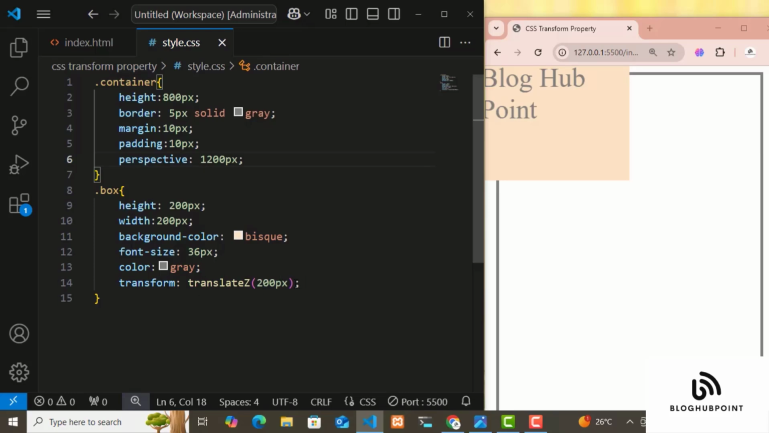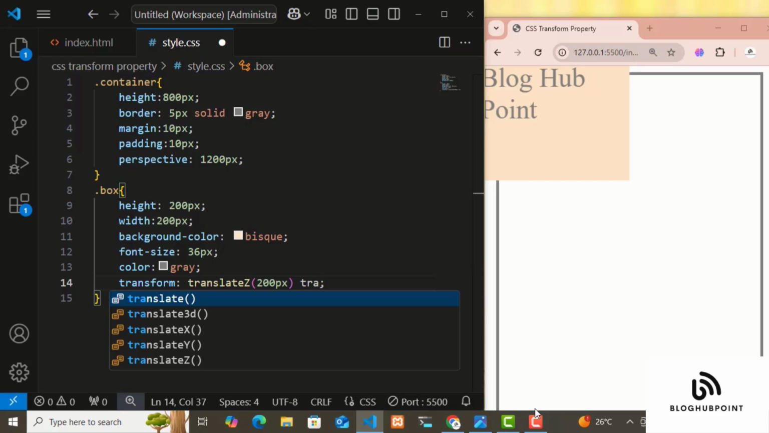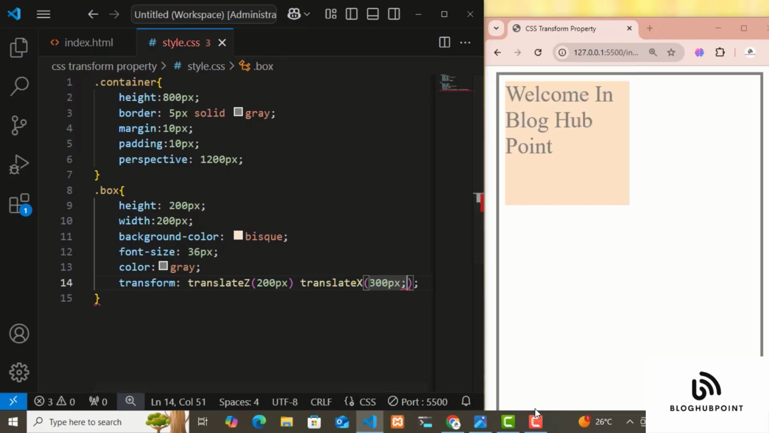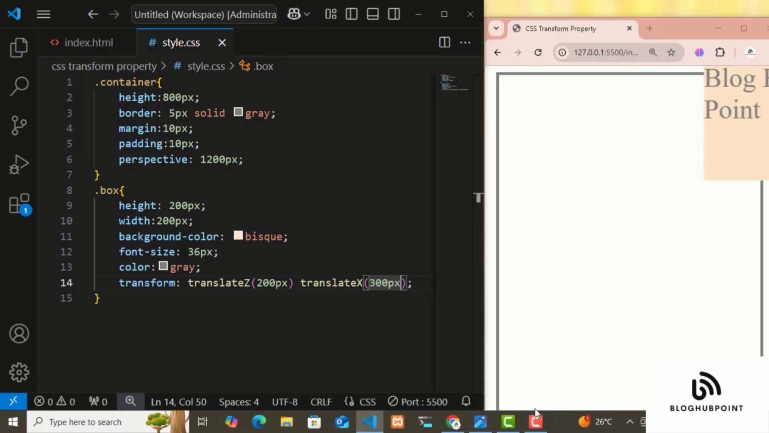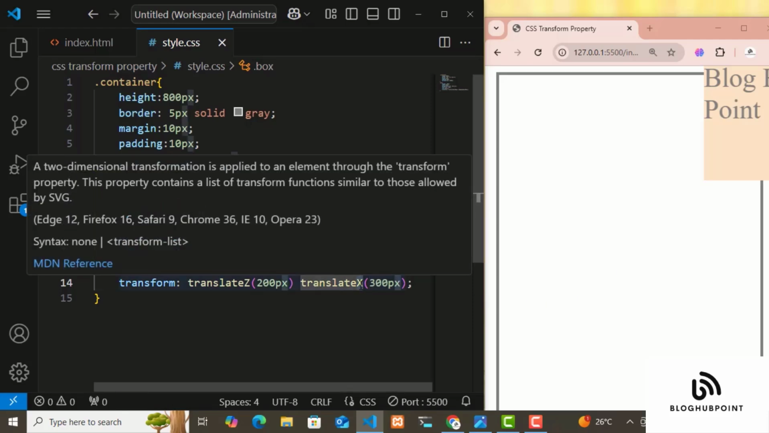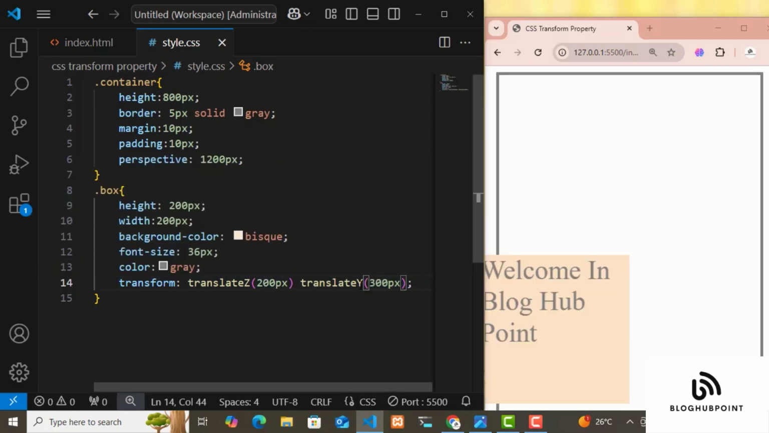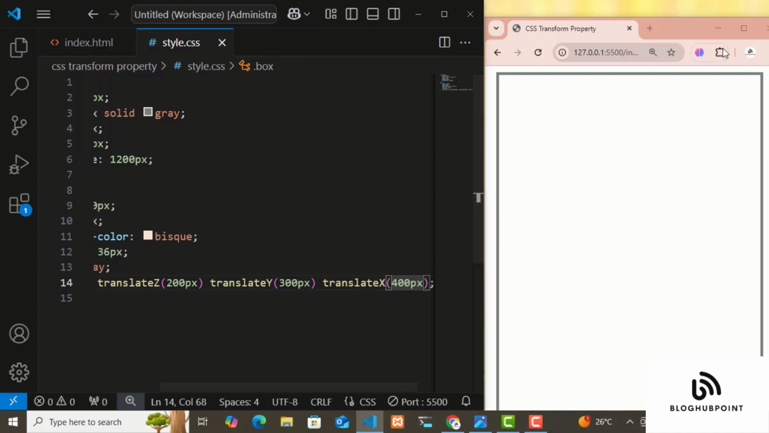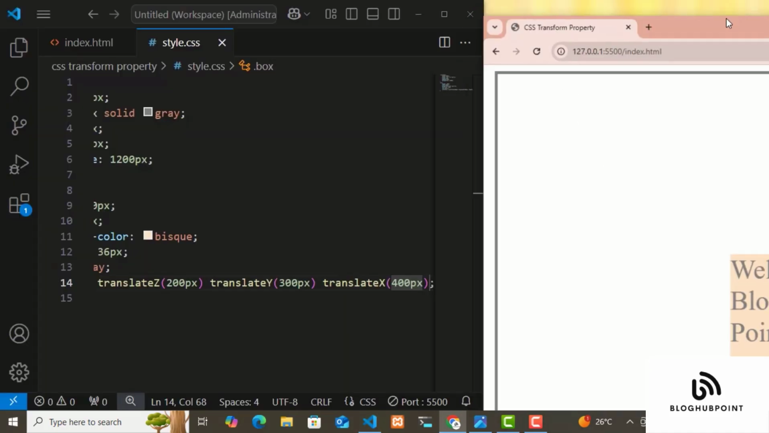We can also use multiple translate values together. For example, we can change the horizontal position using translateX and combine it with translateZ, setting the value to 300px. When you do this, the box will shift to the right. If you swap translateX with translateY, the box will move downward instead. Now, if we add the translateX property and set it to 400px, you'll see the effect of the box moving